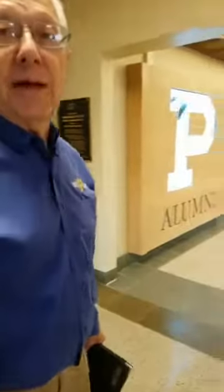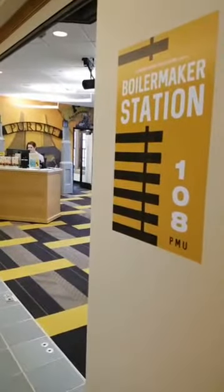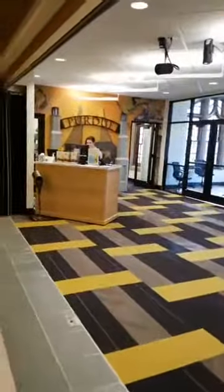Now we're going to head across the hallway. We're starting to wrap up now. We're going to head across the hallway, and this is our brand new space that we in the Alumni Association are very proud of. This is Boilermaker Station, which just opened up just a few weeks ago. And this is space now back in the Memorial Union building, where alumni and visitors and whoever's on campus at events can actually stop in and charge their phone for one thing, but actually renew their acquaintance with Purdue, leave the word with some of the stories of things they were doing when they were on campus,